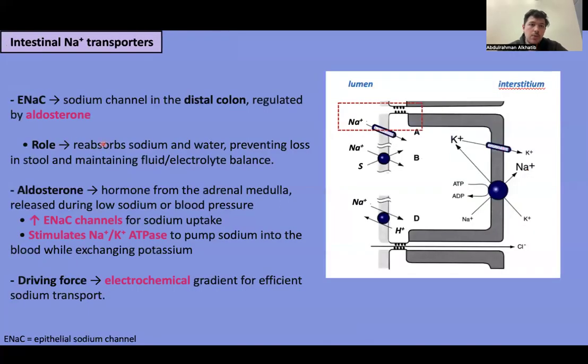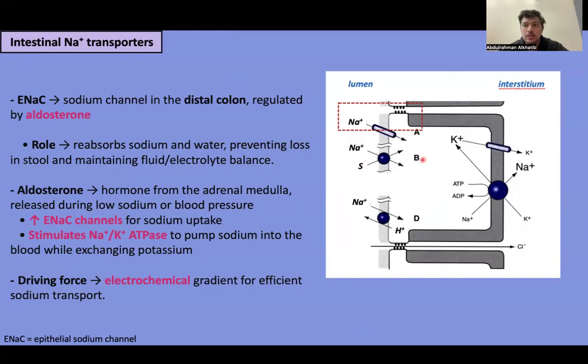And here we have the intestinal sodium transporters. We have this transporter. It's located on the luminal side of the intestine. Its main job is to pump sodium from the lumen into the cell. Now, there is one rule, you guys have to remember this throughout all your life. Whenever there is sodium, water follows it. So water always follows sodium. So if we are pumping sodium from the lumen into the cell,